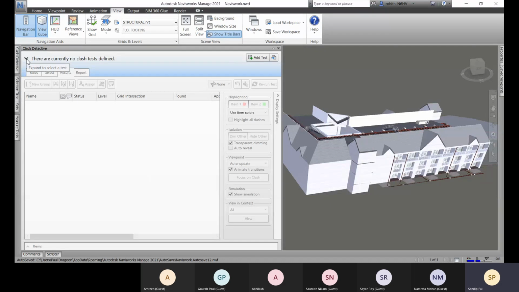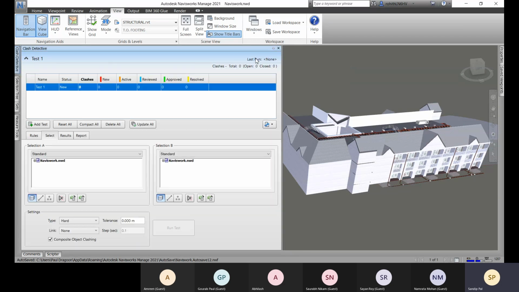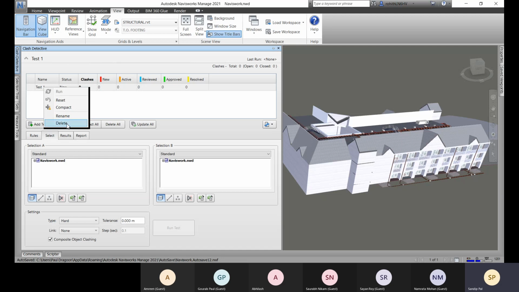So here we have this option to expand and select a test, or here we can add a new test. If you already have any clash test created, you can import that clash test from this option. Okay, so let's go for this Add Test. That option will pop up, and if you want to delete it again, you can delete it.